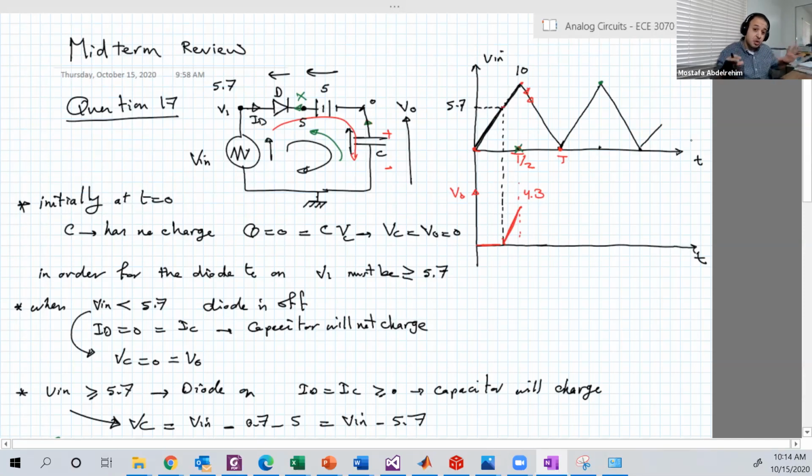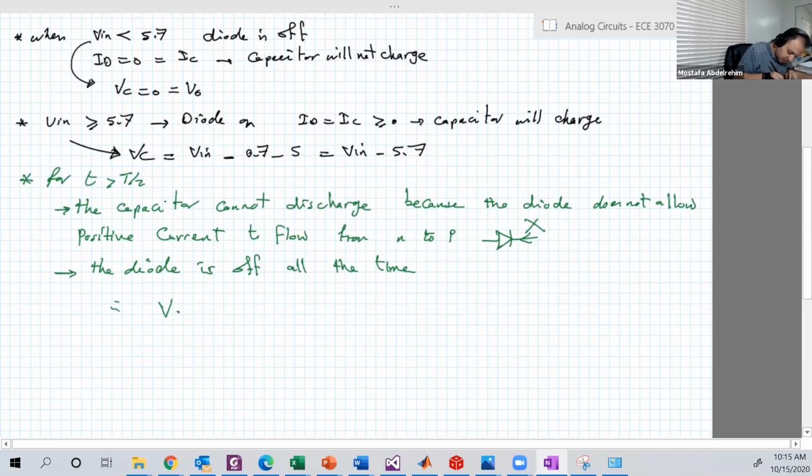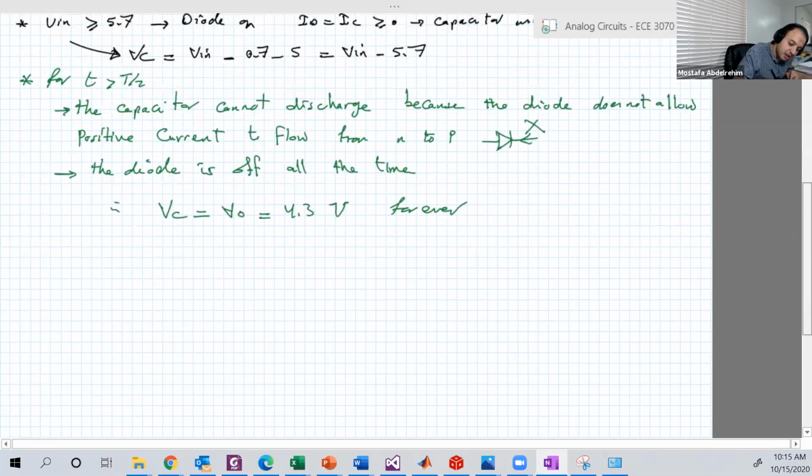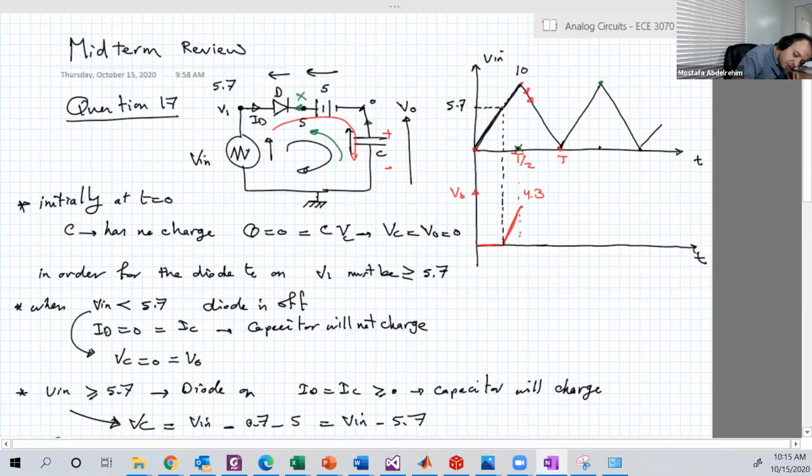All the time the diode will be off, from here to infinity. So if the capacitor now cannot discharge, it will keep its voltage, because the charge that it has on its plate doesn't decrease or increase. So the voltage will be the same all the time. So based on that, VC, which is VO, equal to 4.3 volts forever. So if we go back here and continue drawing this,